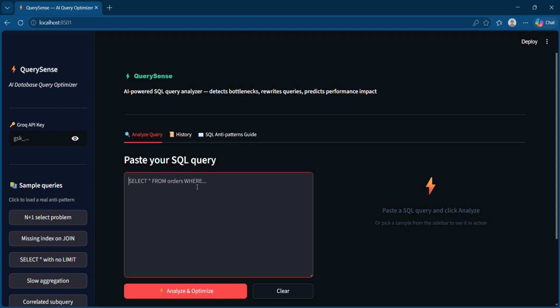Well, QuerySense is an AI agent that catches this before it happens. You paste the SQL query in the dashboard and it takes 30 seconds. It will tell you the performance score, what is wrong, why it's wrong, and rewrite it with optimization. Let's start with something every developer has